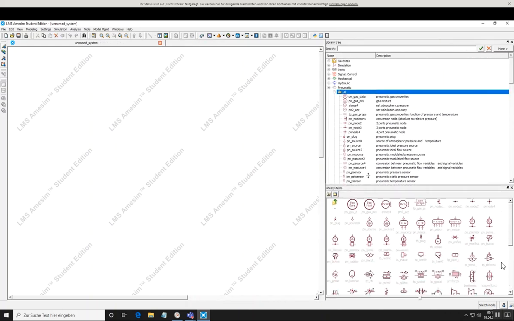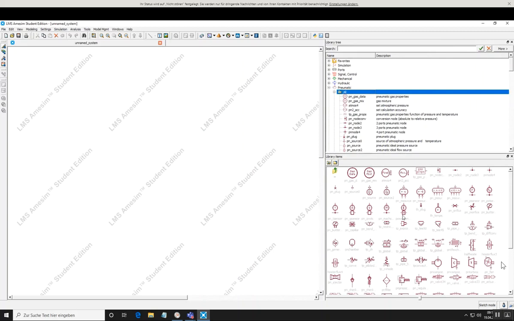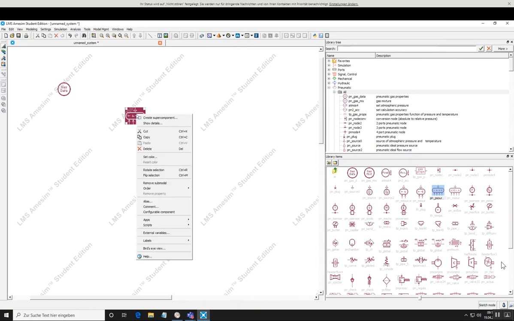At first, what I need, I want to make a simulation of a fan, so I have to drag this pneumatic gas data model here onto the screen. Okay, second point is I need boundary conditions, and I use this boundary condition tool. You can make the screen a bit bigger with a mouse wheel. I rotate it,